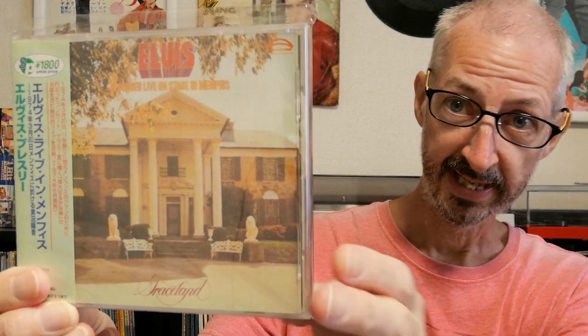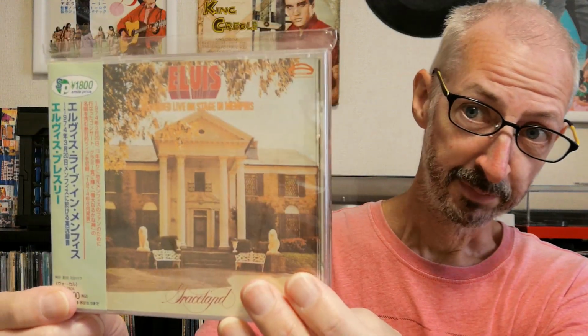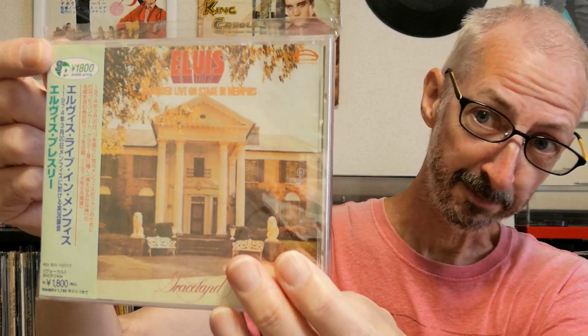Around about the same time as Aloha from Hawaii came Recorded Live on Stage in Memphis. This is, again, not an original one from 86, but a reissue from 1995. This is also part of a series, Smile Price 1800. Again, that refers to the price. And this series had about 5 or so Elvis CDs in it,